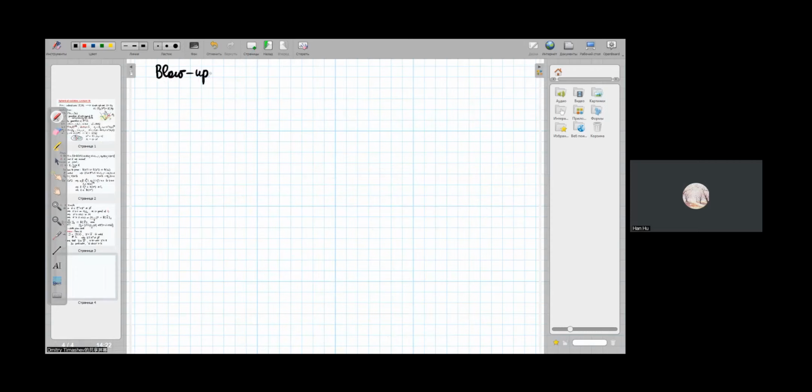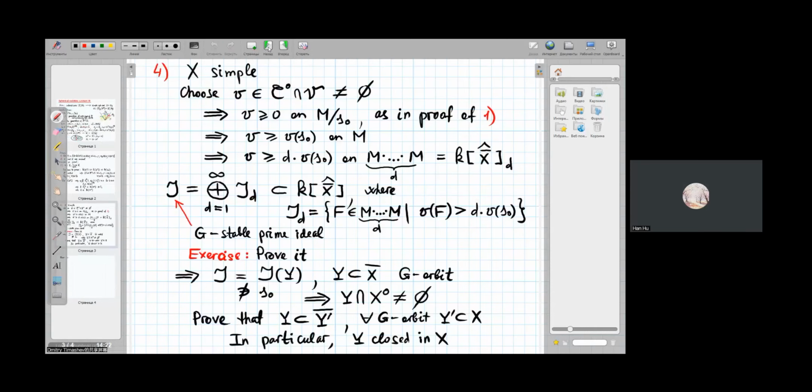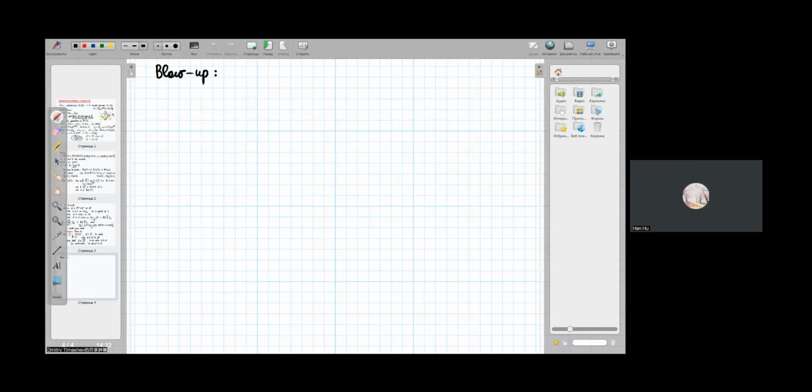We shall blow up the closure of Y prime in X. It is a closed subvariety in X, closure in X, I mean, of course. And we can blow up this subvariety, and then we obtain